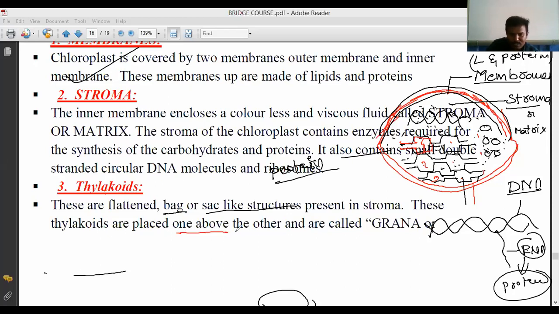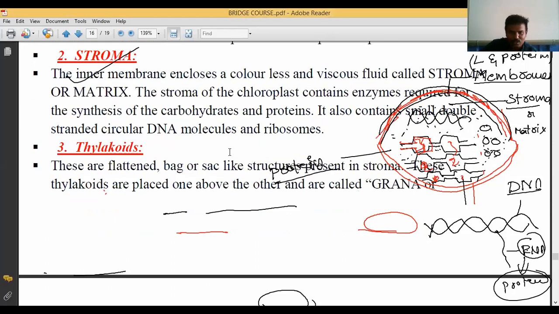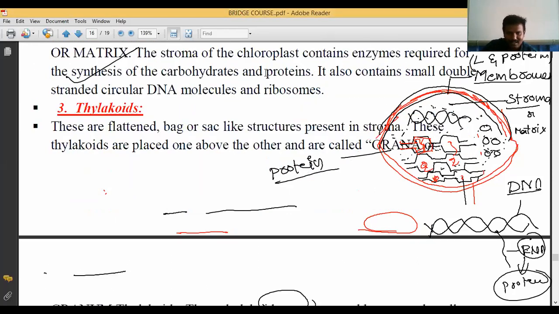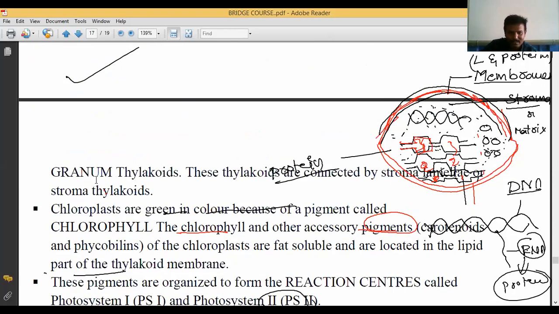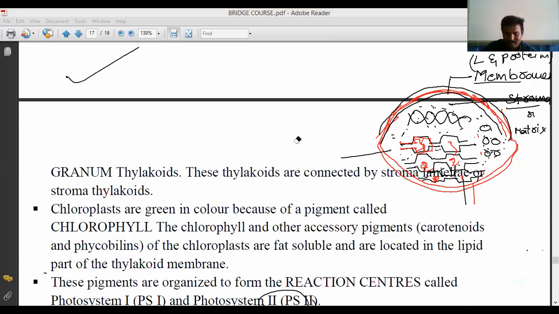These are placed one above the other, one, two, three. These are also called grana or thylakoids. Granum or grana thylakoids. Okay, that's it. So these thylakoids are connected by strong